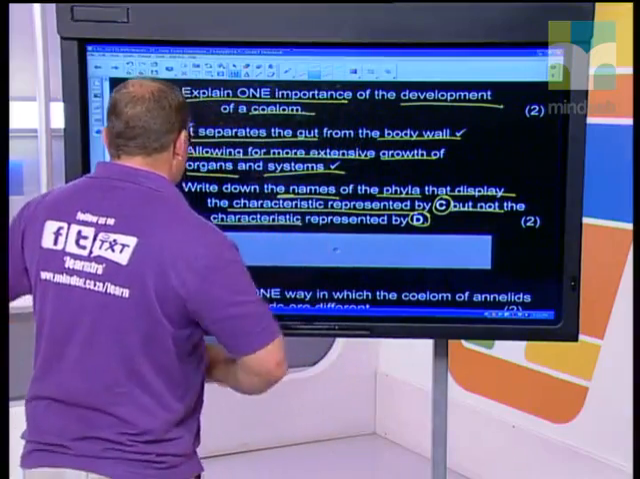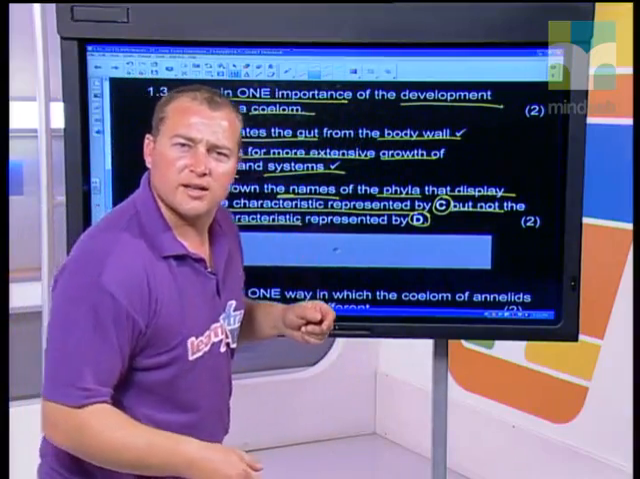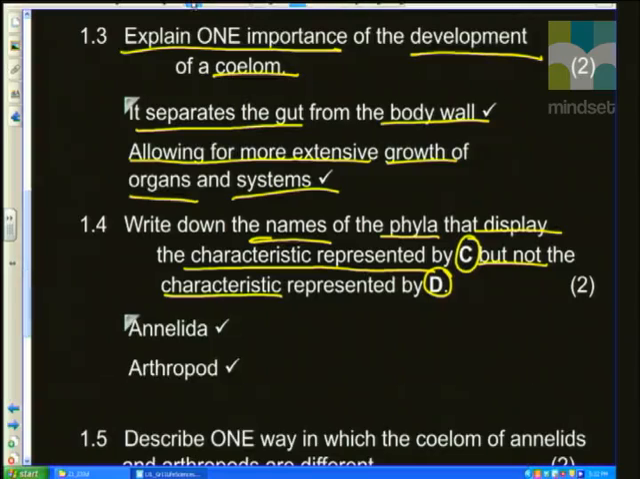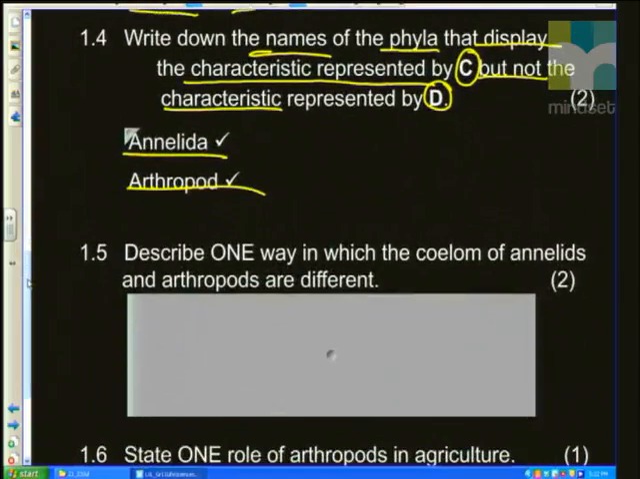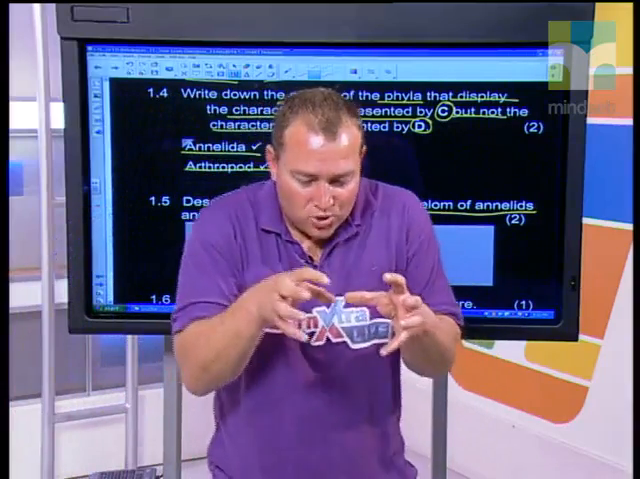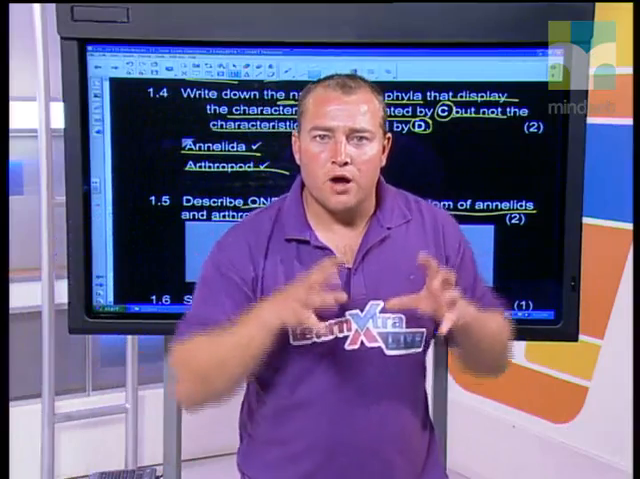Okay, next one. Oh, I still need to give you the answer, isn't it? Okay, but I did give you the answer, actually. I said to you, it's annelids and arthropods. Nice and easy. Let's go, one more question. Describe one way in which the coelom of an annelid and arthropod are different. Tell me the difference between the coelom of an arthropod